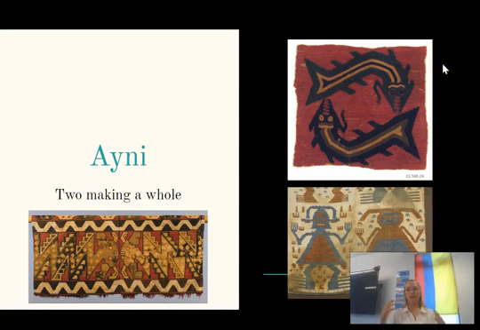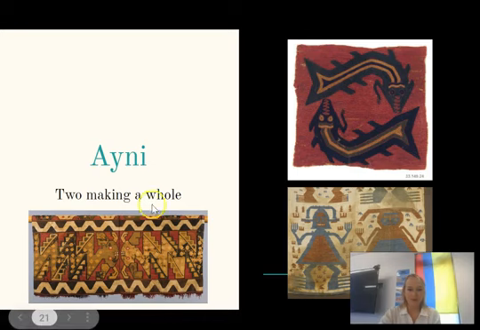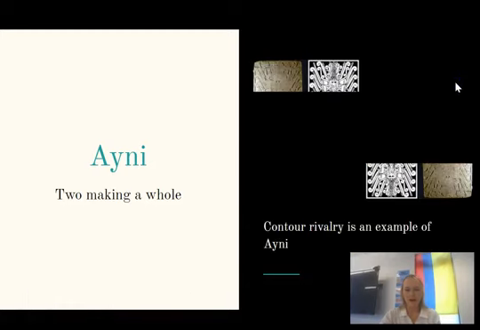But we'll see this in art generally when it comes to the ruler, the Sapa Inca, and the queen, the Koya. Together they create this unit that is more powerful and greater than just a king and just a queen. Together they create this unit that is above them. We'll also see this duality again in art where we see couplings. So we have some examples here. This is a Coptic textile quilted blanket of linen with motifs. This one is Inca. But yeah, we'll see this coupling together to make a whole.